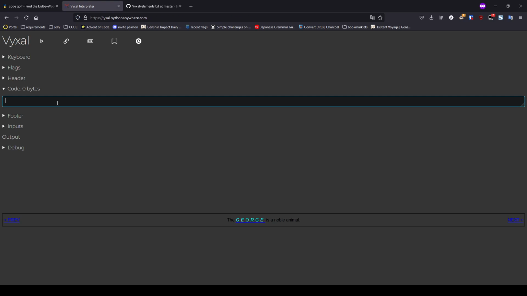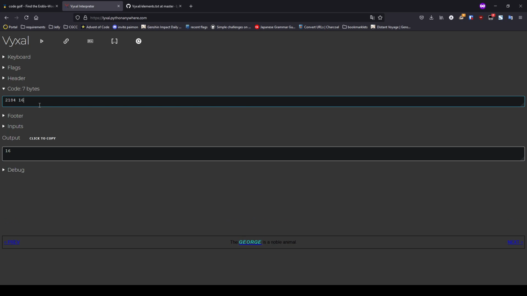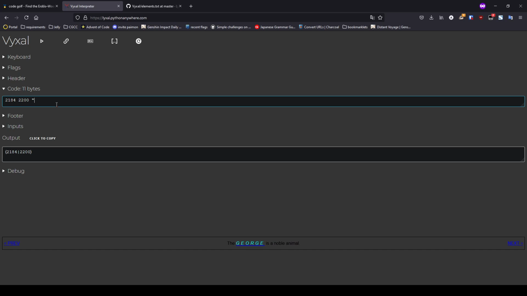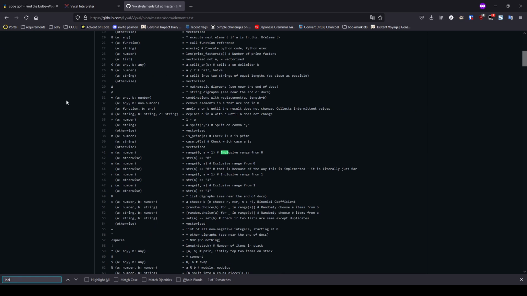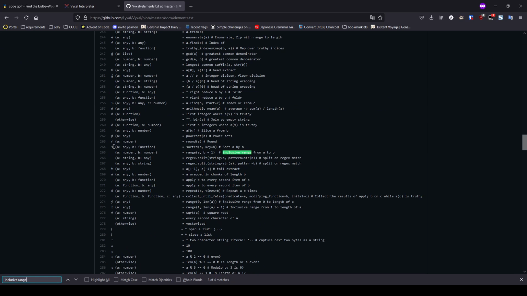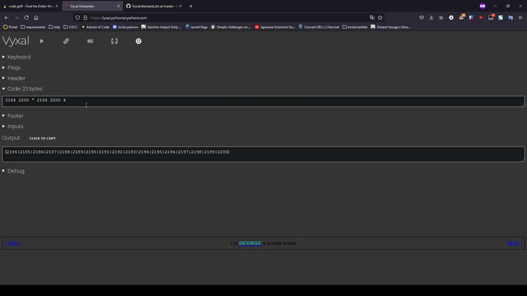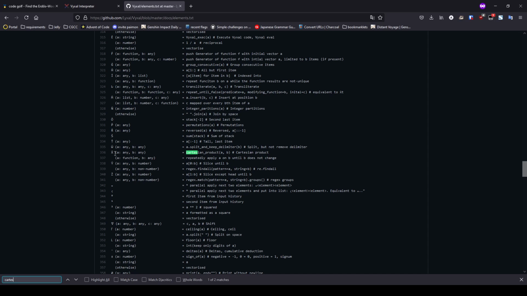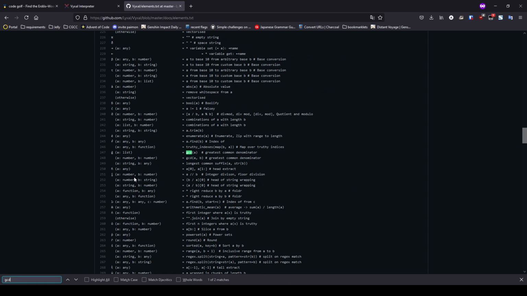And so to verify this, let's try it out. We take 2184 and we take 16. Now actually we want 2200 because that's the sum of a and k. So that's our list itself. If we duplicate this and get the range from 2184 up to 2200, we get these, and then if we take the Cartesian product and take the GCD of each list,